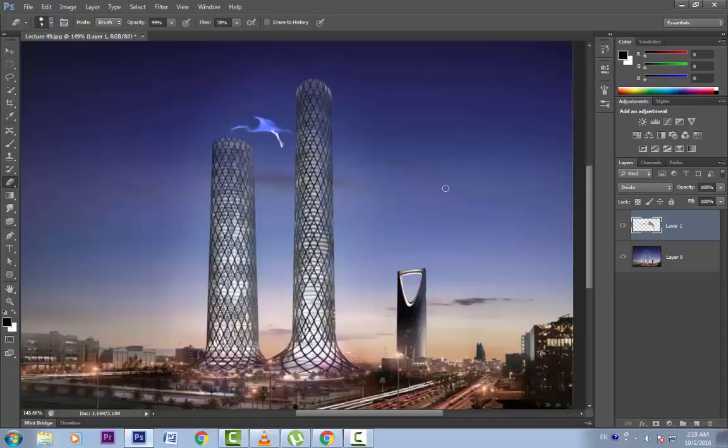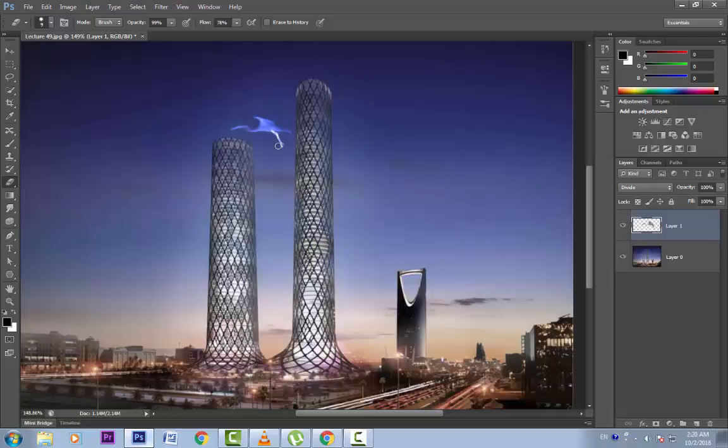Hello friends, in this lesson we will learn how to use the clone stamp tool to duplicate information in our images. Till now we have learnt various ways of painting in Photoshop. Let's now see what else Photoshop can do. We can actually duplicate or heal some areas of an image which might have some undesirable elements in it. For example, in this image there is this bird kind of thing which I want to remove.